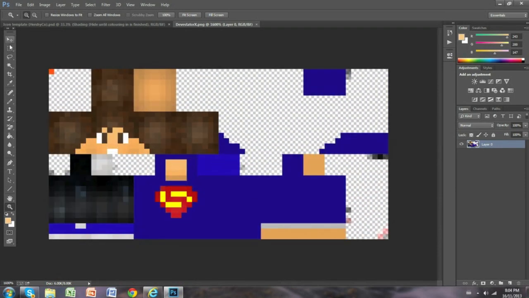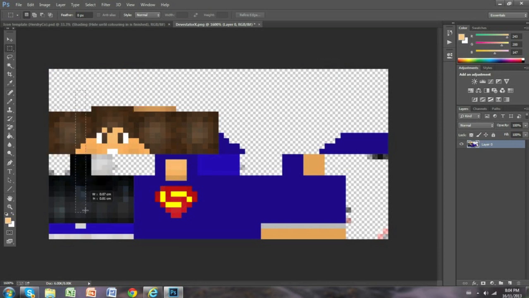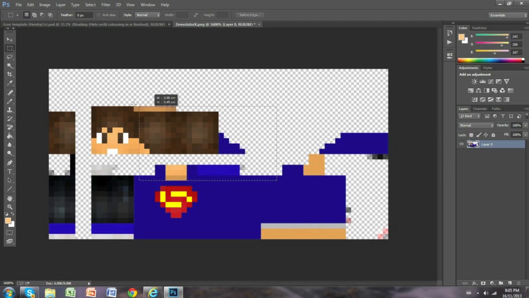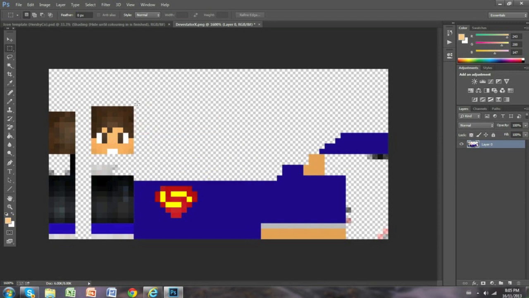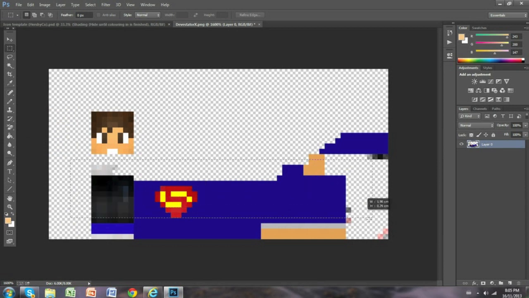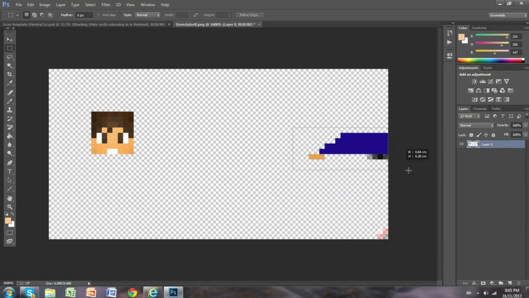Now, if this is your first time using Photoshop, it's going to be a little tricky. Basically, you're going to have to cut out everything besides the head itself. So cut off all this old skin stuff. You can do that by clicking Control X, and it'll delete everything in its way. Super easy. Get everything off, and make sure it's a little tall. Okay, it's good. Just get everything out of the way,